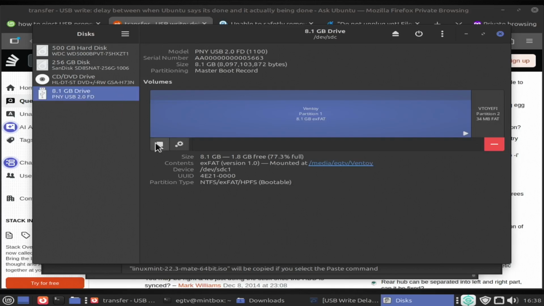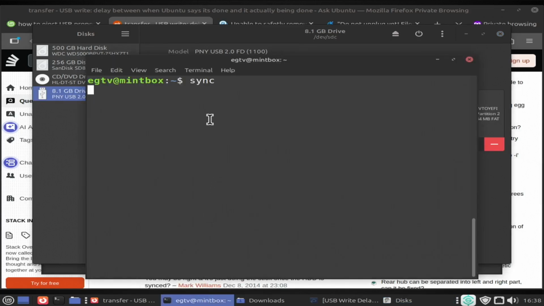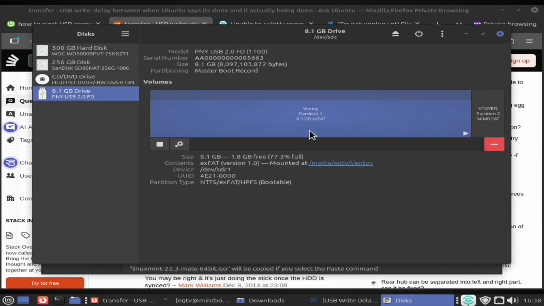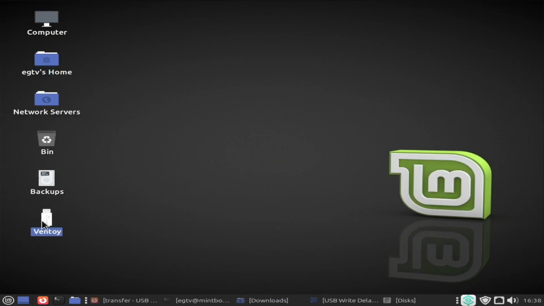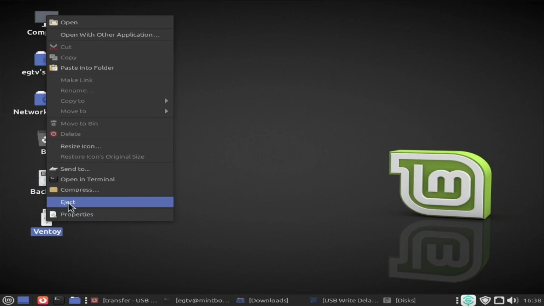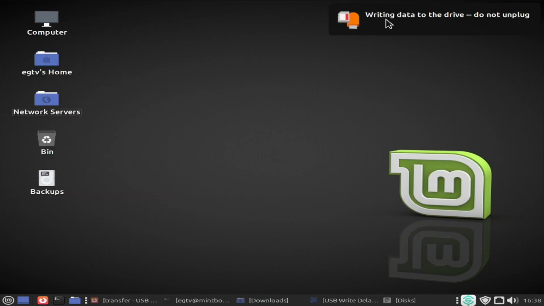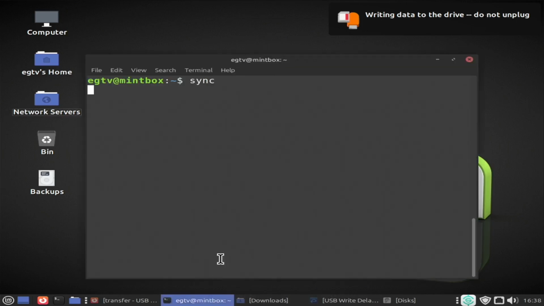I can stop it from here, though I'm sure the file transfer is not done yet. Well, let's just, for the sake of demonstration, force this through, right? So let's start with the less aggressive one. Let's just say eject. And as you can see, it's still writing data to the drive. Do not unplug. This is very clear. And in my experience, this is a surefire way to say if the file transfer is